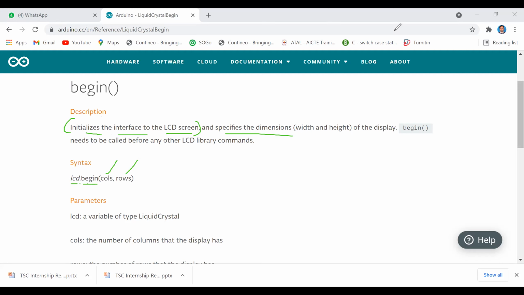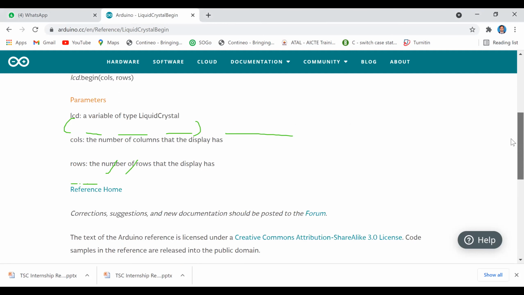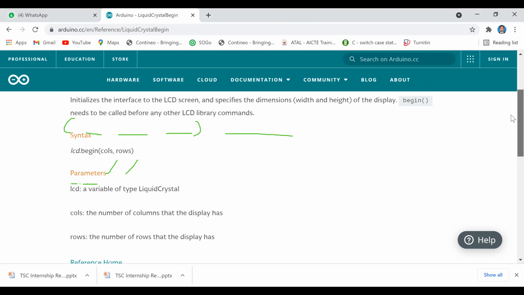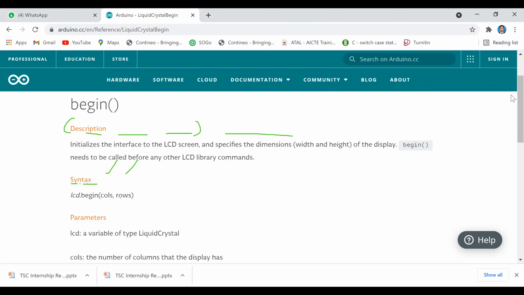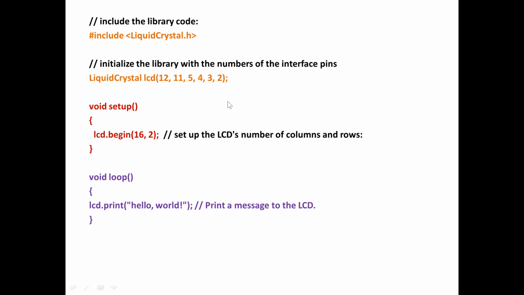So you can check out if there are examples. No. So the first and foremost thing we have already initialized. For LCD type, we should add header file. Okay. So next we are going to have configuring the pins.